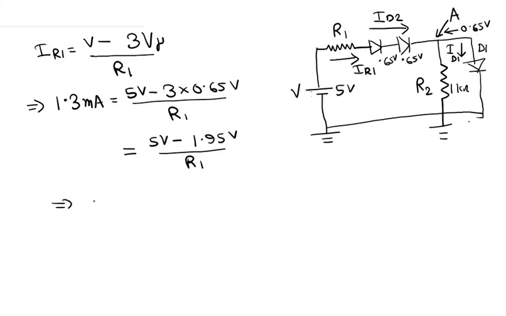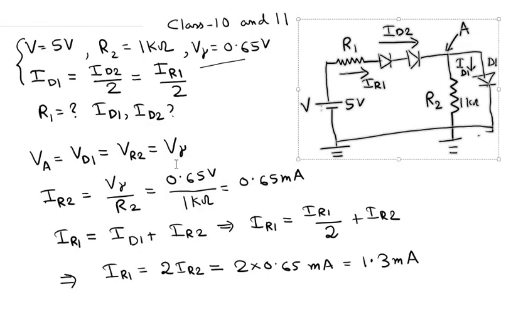So R1 is just 3.05 volts divided by 1.3 milliampere, which basically gives me 2.346 kilo ohms. So you have found out the value of R1, and the next thing that is being asked